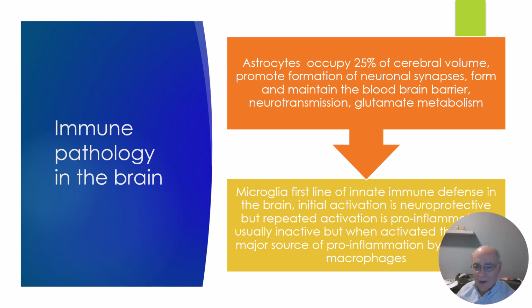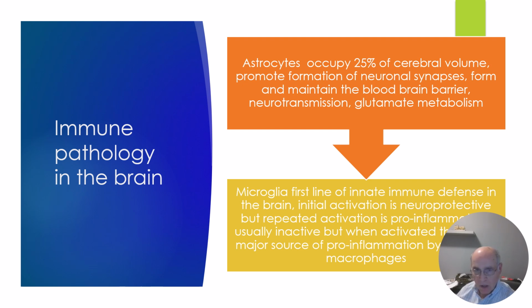So let's talk about what happens to the brain, since the brain has its own immune response. When there's inflammation, when I said there's enough inflammation, it activates the macrophages in the brain called microglial cells. And microglial cells, once again, are the macrophages of the brain. So you have two types of cells in the brain: those that are microglial cells, which are part of the